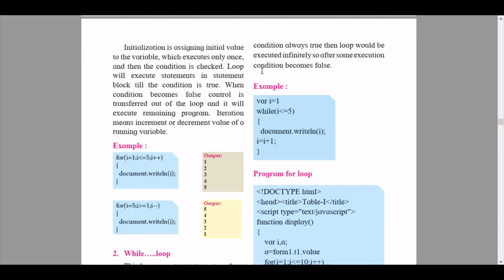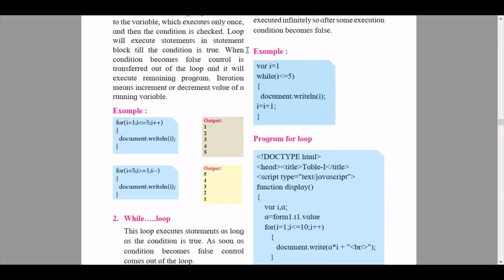So here we have var i = 1, while i is less than or equal to 5, document.writeln(i), then i = i + 1. So this is a false statement, so there won't be any output for this. This is an example of when the condition becomes false.